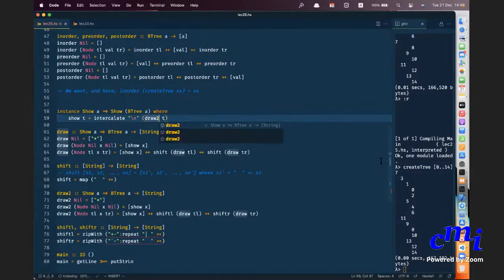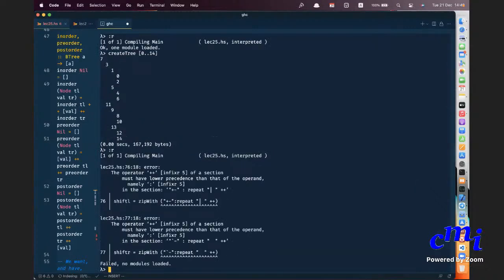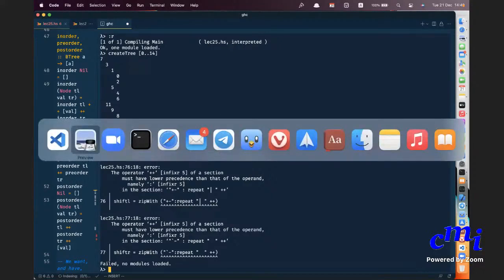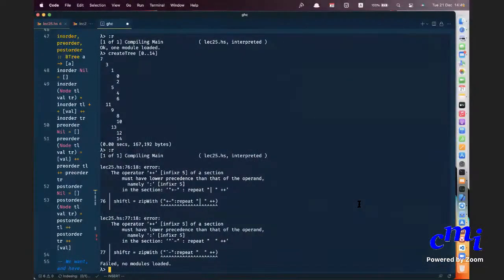Okay, so automatically when I come here and reload, whatever. Oh, okay.